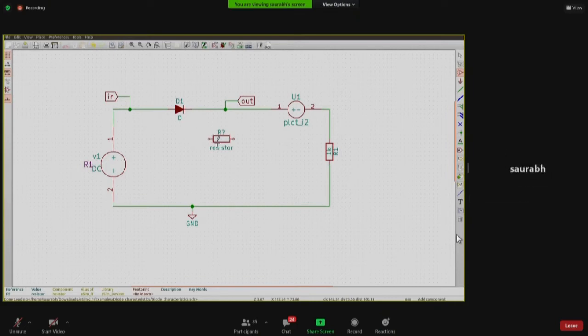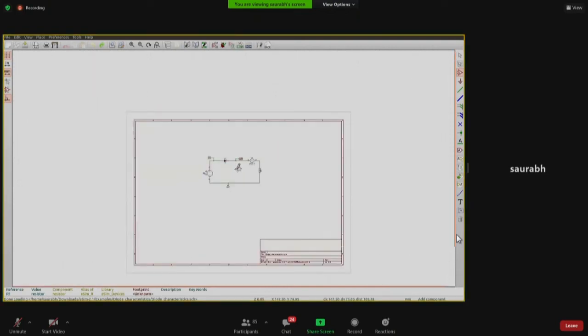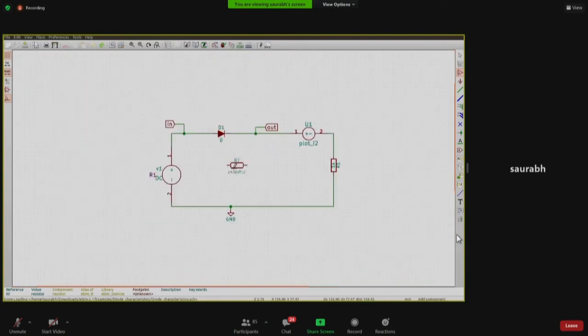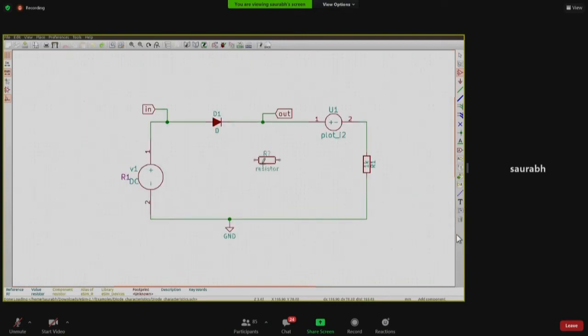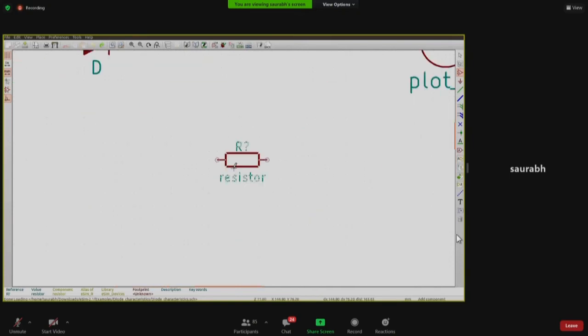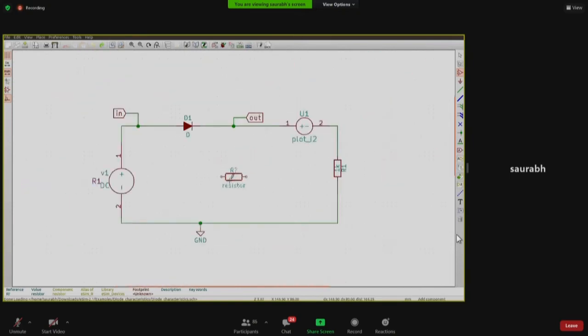So I'll show that case also. Say I have chosen a resistor and now it is too small. This is your problem. So what you do is you keep your screen steady. Alt F2 is not working for me, so what will work for me is the touchpad. If I move my fingers towards the screen, it will zoom in. If I move my fingers away from the screen, it is going to zoom out.